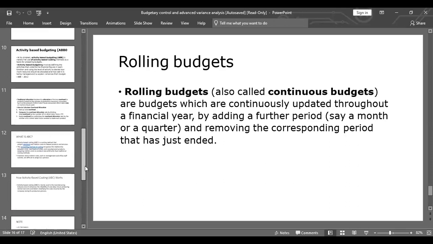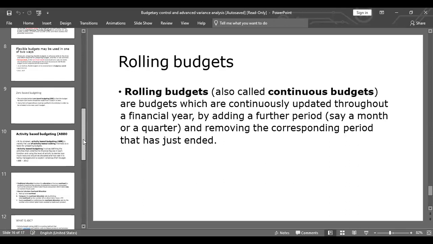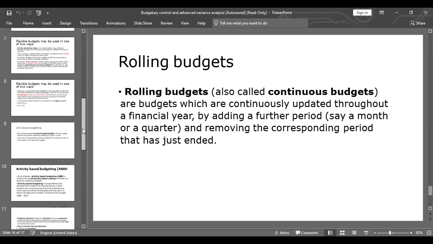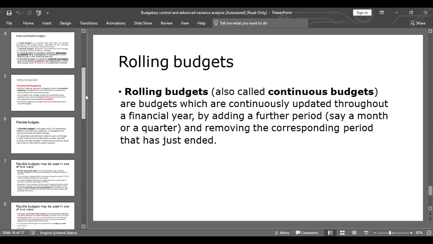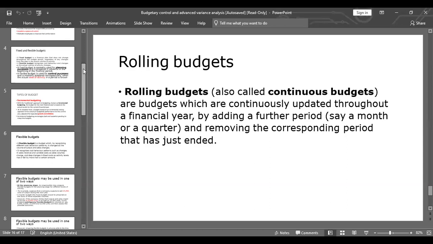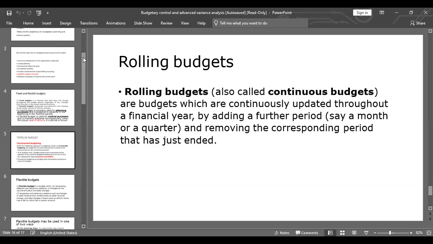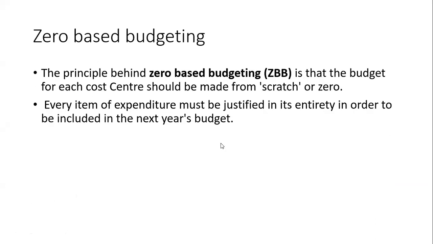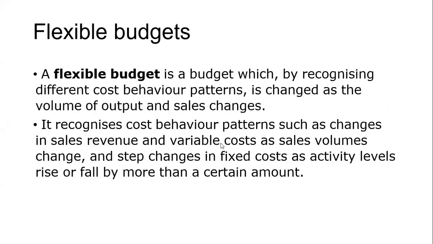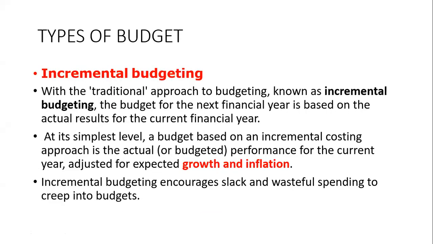Like incremental budget changes with certain issues. I think that is what you may need to know. I was trying to check where it is. I don't know where I saved it, but I think it should be somewhere here. Anyway, let me go back here. Okay, oh, it's here. Types of budget.